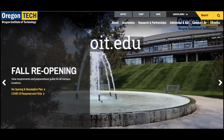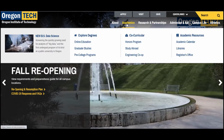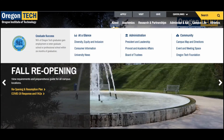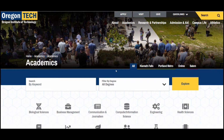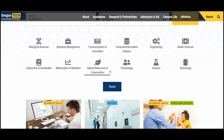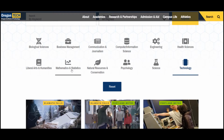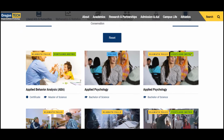Let's take a look at Oregon Institute of Technology in Klamath Falls. So I'm going to hover over academics and then click on Explore Degrees. So this is a fairly nice little visual setup here, and I noticed when I was playing around with it that when you click on these, you can actually combine areas of interest to sort of see what the confluence